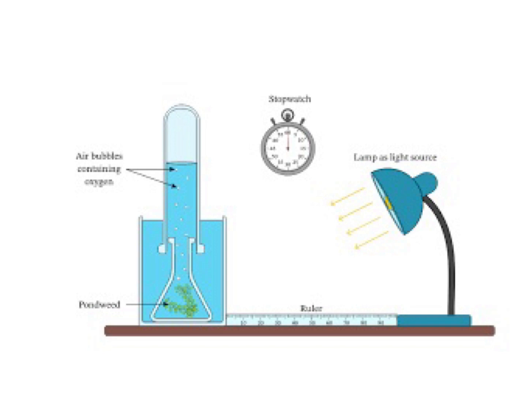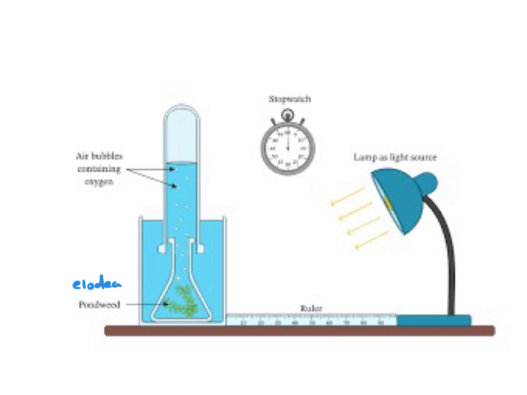Now, your setup for the experiment might have looked slightly different from this, but the idea would have been the exact same. So we're trying to investigate the effect of light intensity on the rate of photosynthesis. So we're going to increase and decrease the amount of light that this particular plant is getting. Now, the first thing we're going to notice here is we're actually using a water plant known as Elodea or pondweed. And the reason we use a water plant is because it can undergo photosynthesis underwater,